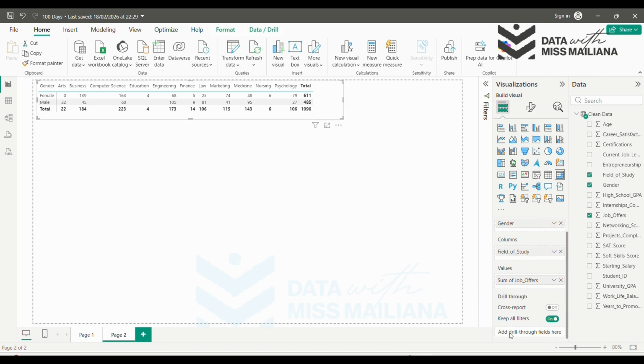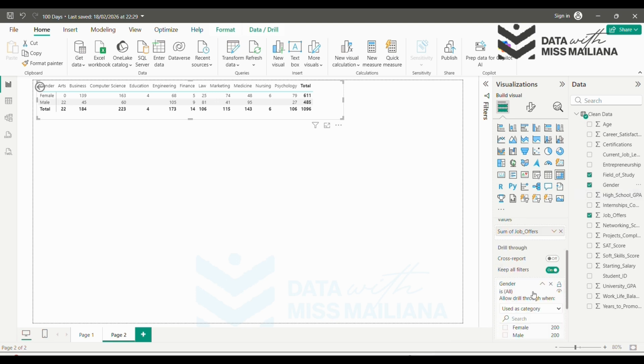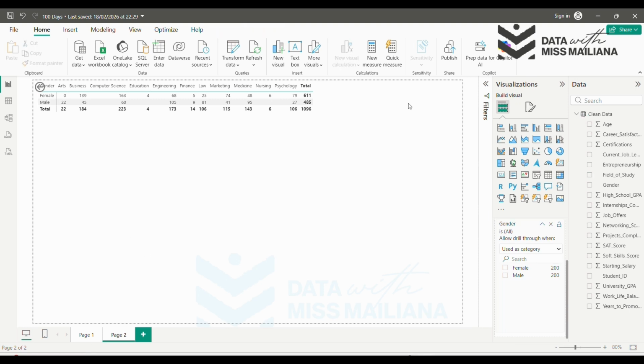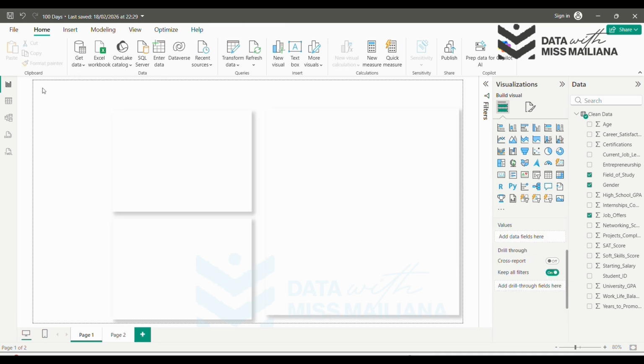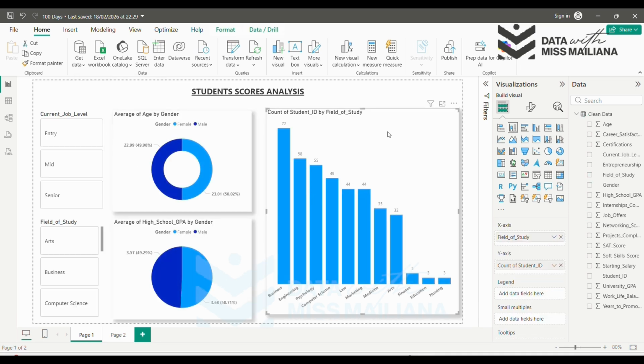Now I'll drill through. We've not added any fields here, so let's add a field onto our drill through, and that will be gender. Immediately I added the drill through, you can see an arrow come here that says Control plus click here to go to the previous page in this report. So let's do Control and click here. It comes to the previous page. So now when I click here and I click on this,